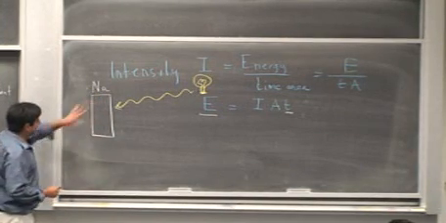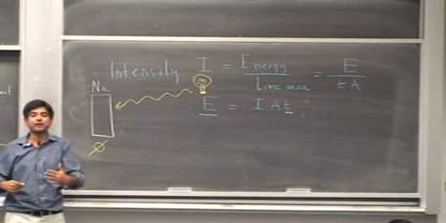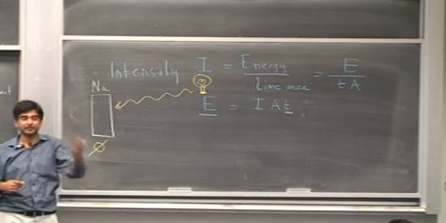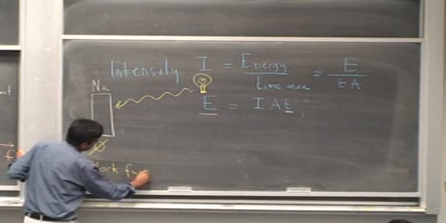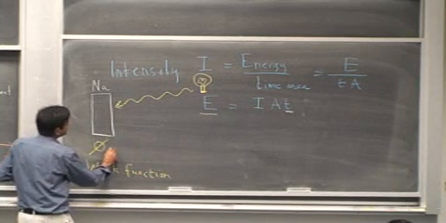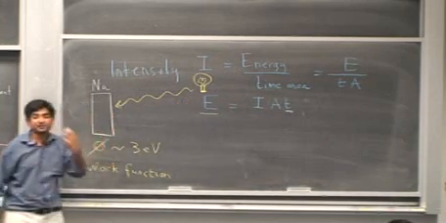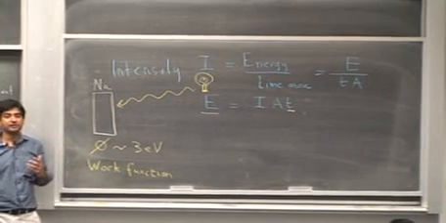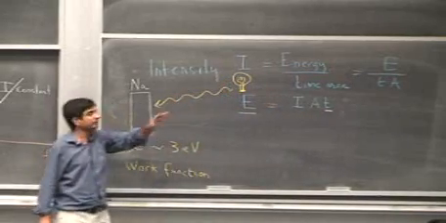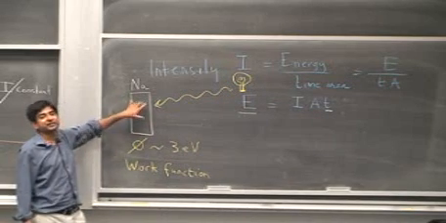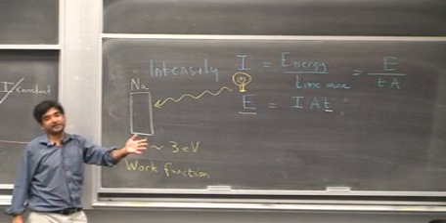Now every metal has a certain work function, phi. A certain minimum energy is required for the electron to be ejected from the metal. That is called the work function. So suppose the work function is 3 electron volts. The energy supplied by these waves must be at least 3 electron volts, so that the electrons can be ejected. But the energy is proportional to the time. When the bulb is switched on, the thermal energy has not increased by 3 electron volts. It slowly builds up. It should slowly build up if you were to believe classical mechanics.